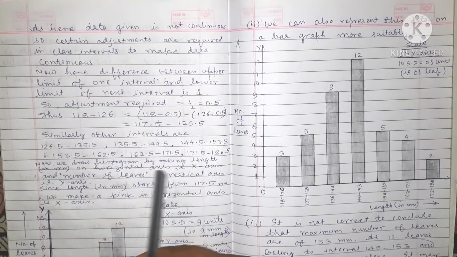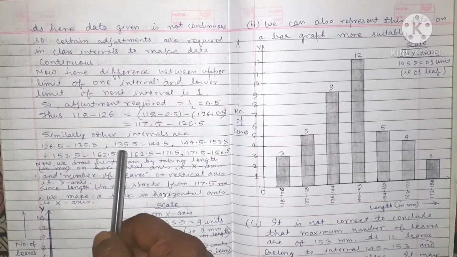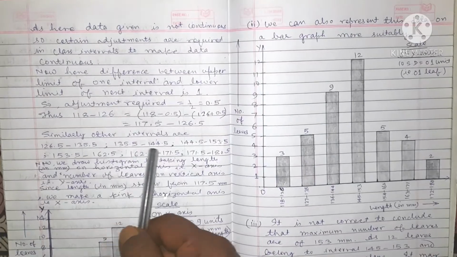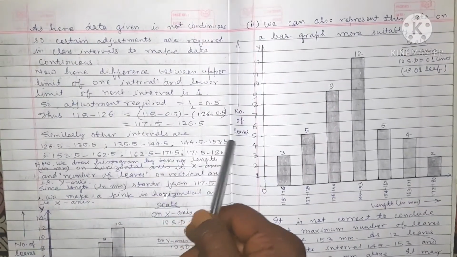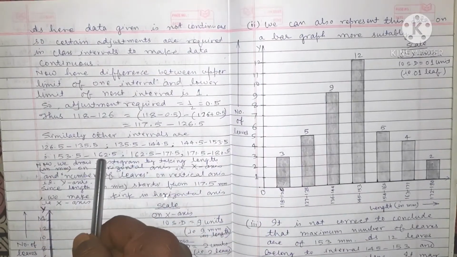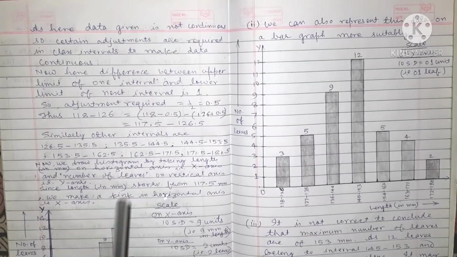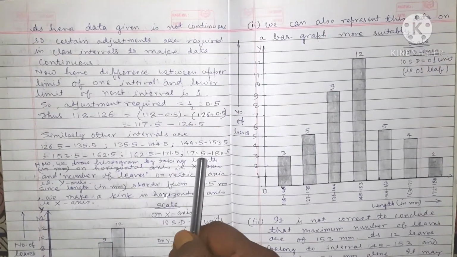Similarly, the other intervals are 126.5 to 135.5, 135.5 to 144.5, 144.5 to 153.5, 153.5 to 162.5, 162.5 to 171.5, 171.5 to